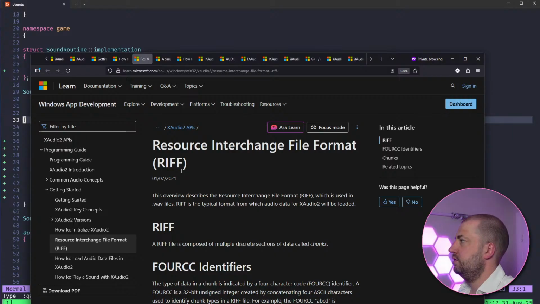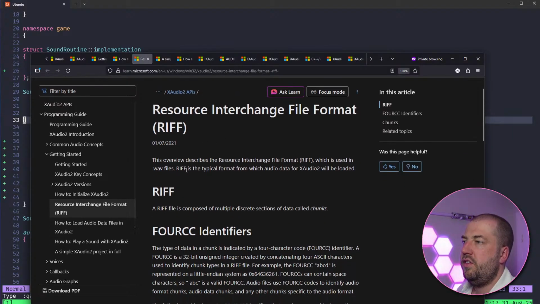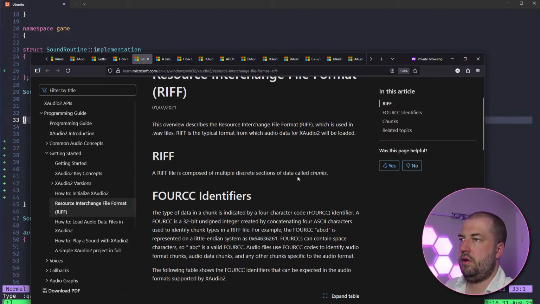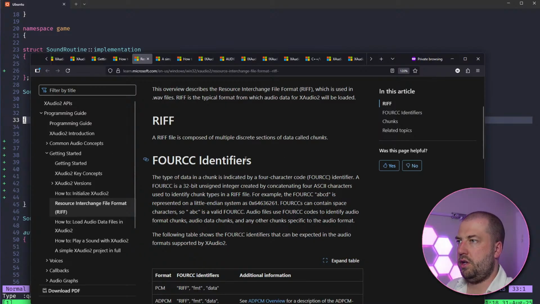Yeah, I always used Firefox for years. Google has enough of my information. This overview describes the Resource Interchange File Format, which is used in WAV files. RIFF is the typical format from which audio data for XAudio2 will be loaded. So I need to RIFF my OGG. The FourCC identifiers. The type of data in a chunk is indicated by a four-character code identifier.